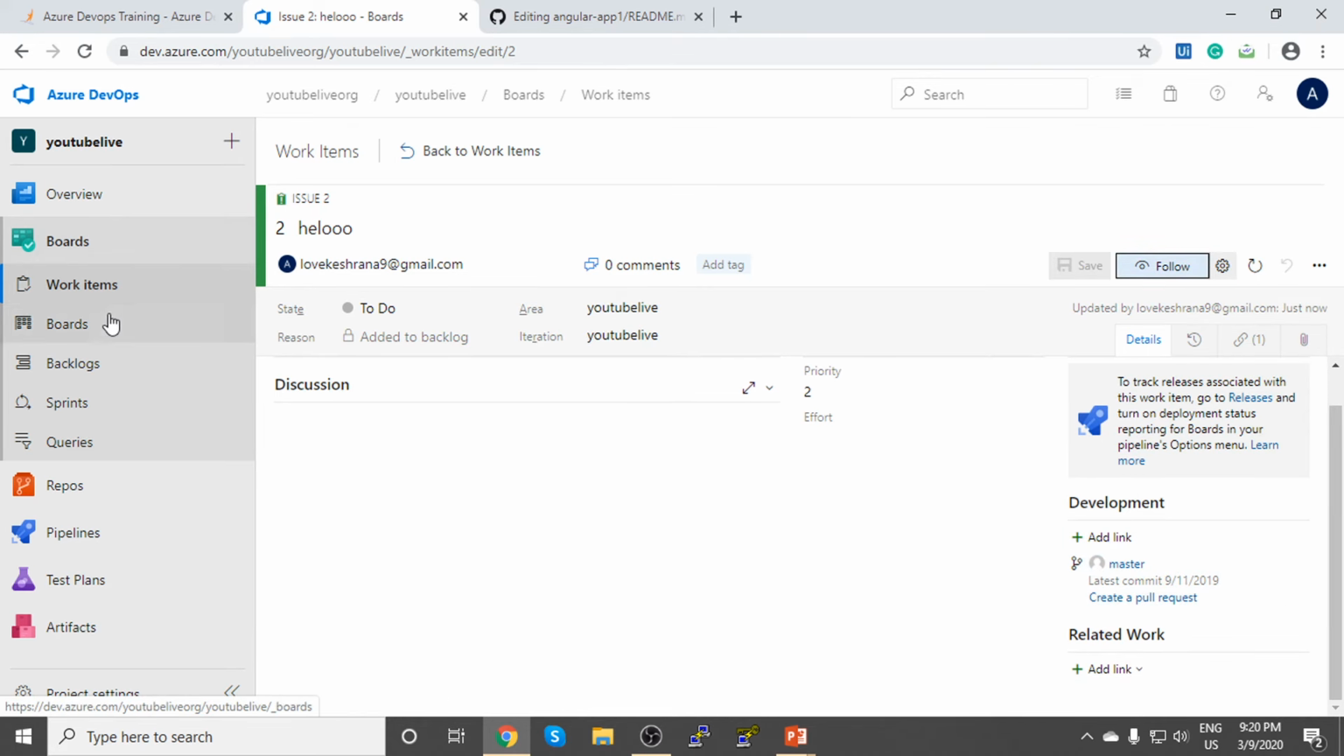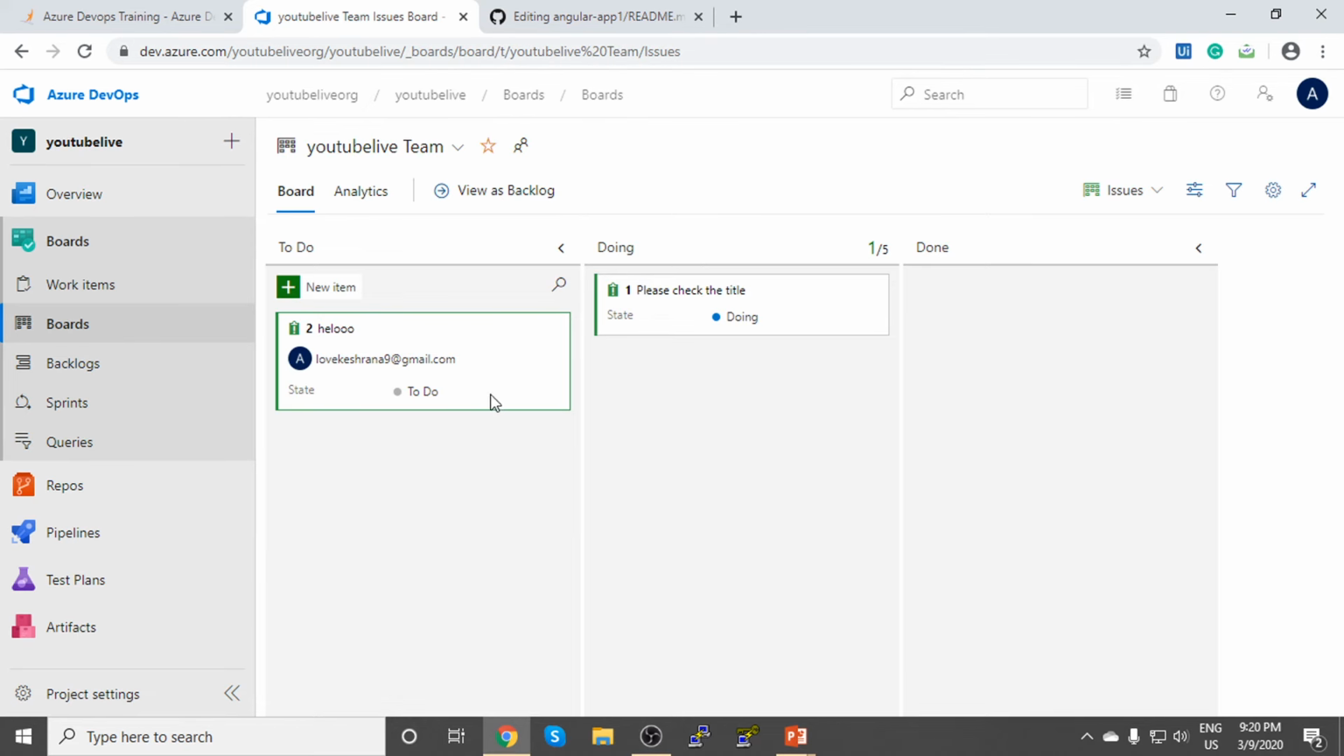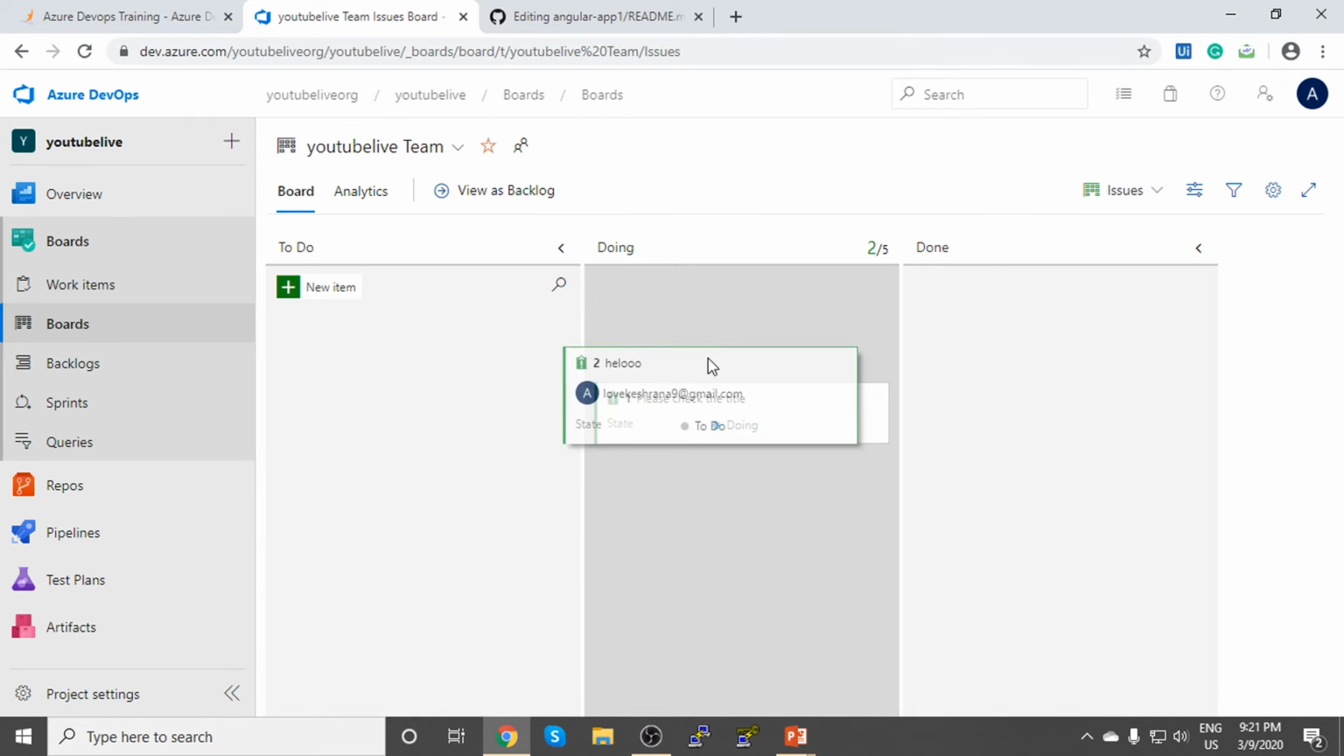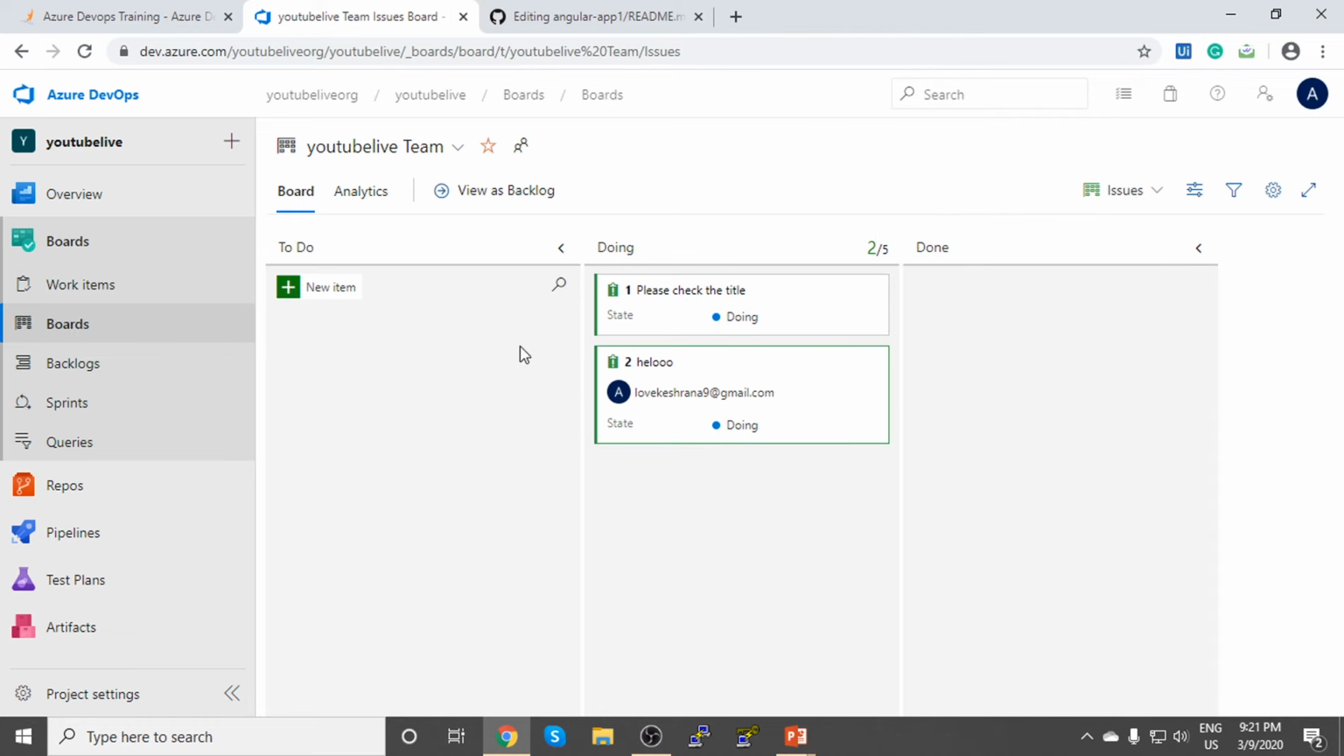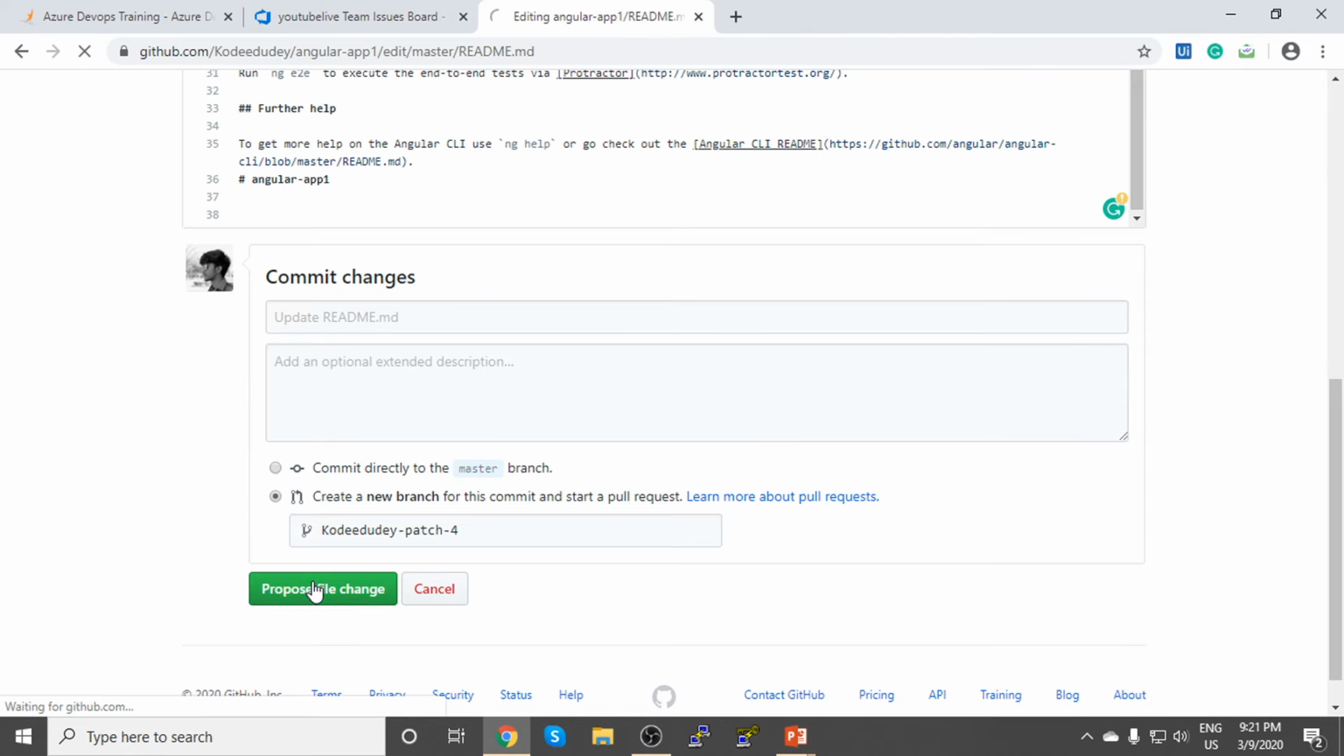So now going to boards. So now you can see this over here. So I'm going to push it over here. Okay, so now it is in doing state. So if I propose this file change,